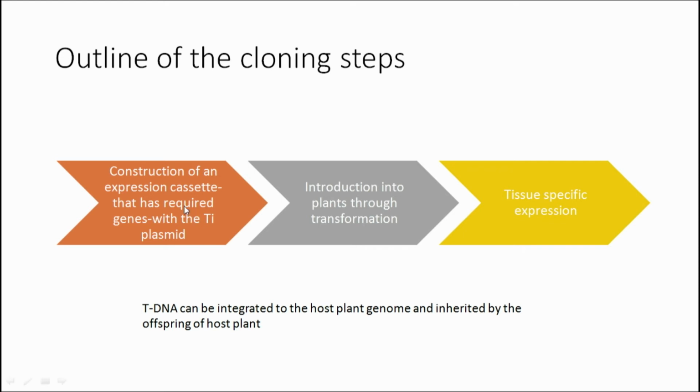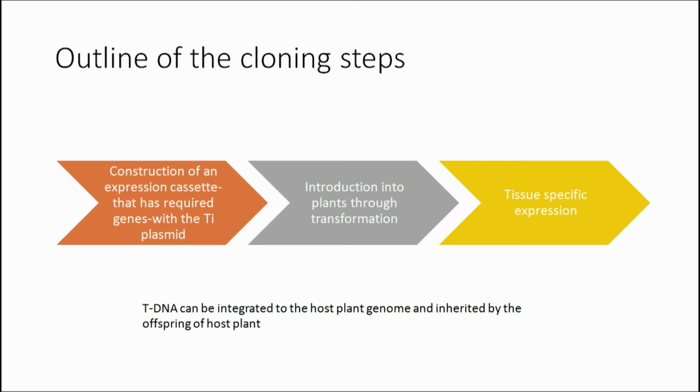So, essentially I will repeat this in order to make it clear to you that any foreign gene which you would like to introduce into the plant is going to be first developed into a kind of an expression cassette, and then this entire expression cassette is cloned into a TI plasmid. The plasmid is next introduced into the plants through transformation, and finally you must get a tissue specific expression. Okay. What do we mean by that is that eventually the genes which are going to be introduced into the plants, into the rice crop,